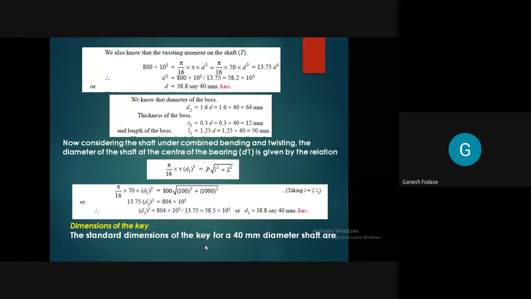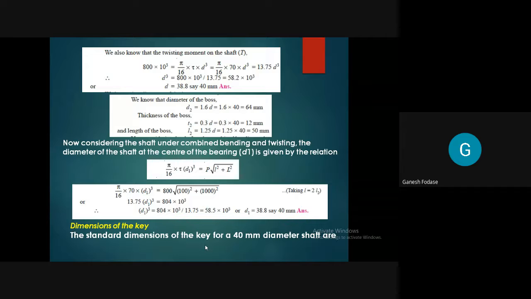Shall I take that image here? Yes, sir. Okay, so now if I ask you for this diameter, how much width and height will you take for the key? 12 and 8. Clear? You can ask doubts. Those who understood, ask, and I will explain again what to do. Did everyone understand? Yes, sir.